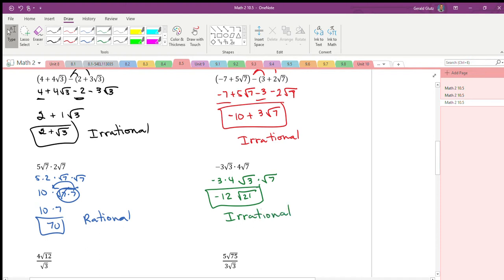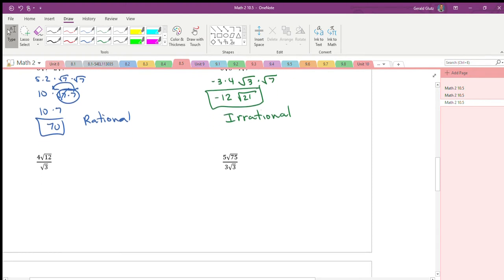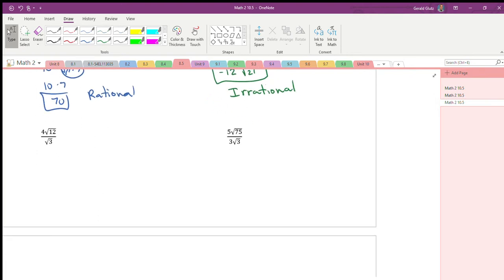So hopefully you're starting to see that anytime we have a square root or any type of radical sign in our answer that does not equal a whole number, it's irrational. Anytime you have a fraction or a whole number for your answer, it's pretty much always going to be rational as long as the fraction doesn't have any radicals or pi's. So like what I was saying, if we just had 4 divided by root 3, that would be irrational. But anyway,